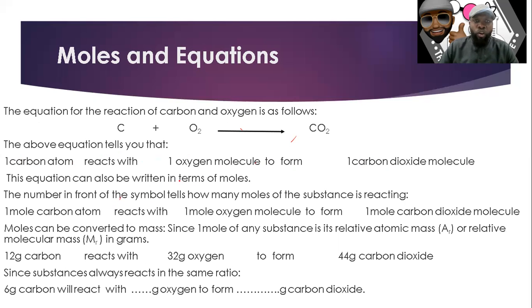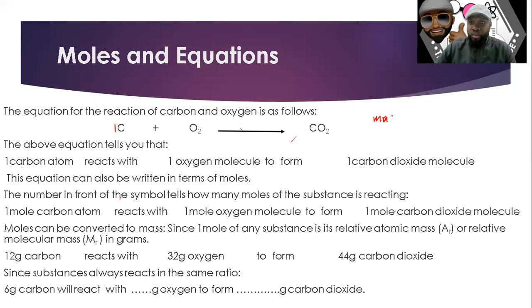Okay? But we can also write the amounts in terms of moles. We can write amounts in terms of moles from the equation as well. From the equation, we can see that 1 mole of carbon, and we know it's 1 mole because nothing is written here, it's as if there is an imaginary one there. When nothing is there, it's as if it's an imaginary one. So 1 mole of carbon reacts with 1 mole of oxygen molecule to produce 1 mole of carbon dioxide molecule. Yes? Now, moles can be converted to mass